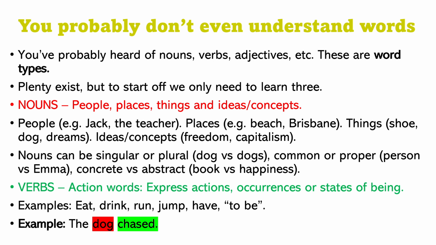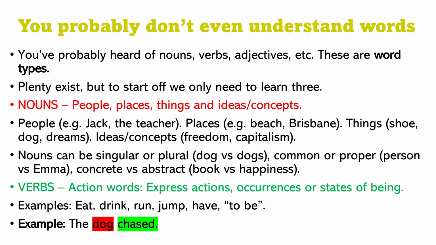Nouns can be singular or plural. You've got dog versus dogs. It can be more than one thing. Nouns can also be common or proper. A common noun is just a random word. A proper noun is the name of something, and that has a capital letter. Emma is a proper noun because it's someone's name. So is Brisbane because that's the name of a place. Most things are just common nouns, like shoe, rope, water. They can also be concrete or abstract. Some nouns aren't physical things, like happiness. Don't worry about that for now, as it overcomplicates it a bit. But nouns are just things like that.